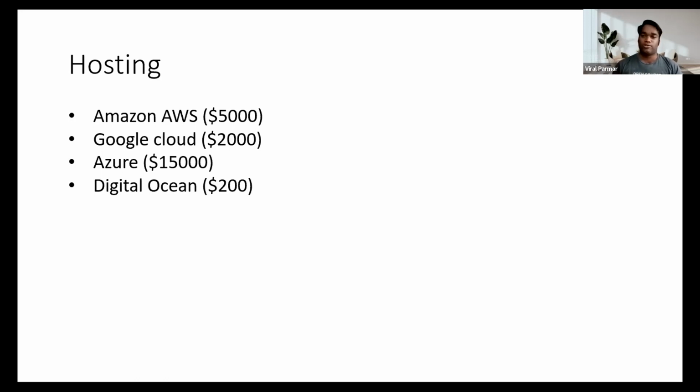Also, Google Cloud provides $2,000 credit. $2,000 का credit मिलता है उसमें. If you are an individual, you guys can take credit of up to $500. $500 का आपको credit मिलेगा, जिसमें आप जो सर्विस यूज करोगे, इसकी वेबसाइट होस्टिंग सर्विस यूज करोगे, so उसमें $500 तक आपका बिल नहीं आएगा. लेकिन अगर आपका स्टार्टअप है, you guys can register for startup as well, so you will get a credit of $2,000 in Google Cloud Service platforms as well.